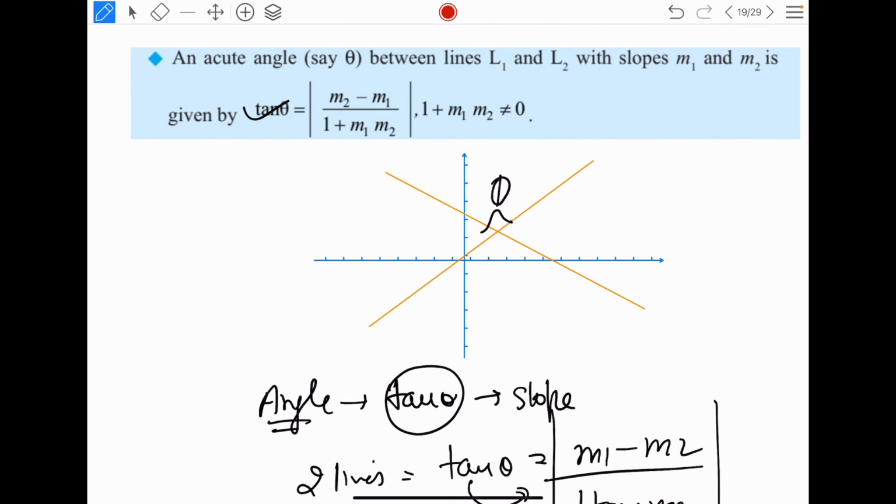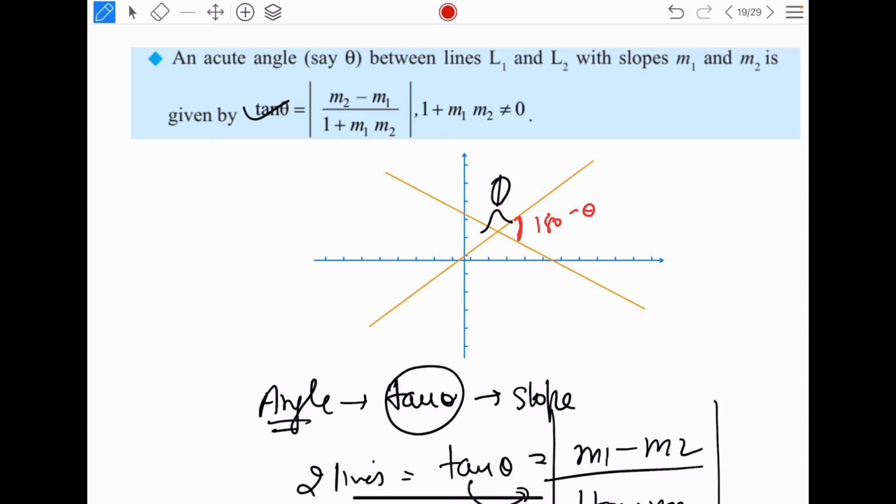So I'll again repeat, the formula for angles is (m2 minus m1) or (m1 minus m2) upon (1 plus m1 m2). That is your theta. Theta is the angle between the two lines. Alright, now suppose I need to find this other angle. Remember, these two are a linear pair. These two are on the same line. So this angle will be 180 minus theta. So if I get theta, I can easily calculate 180 minus theta.